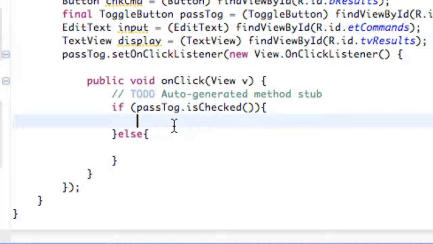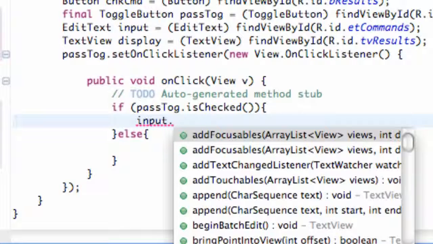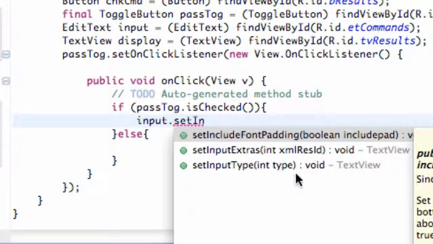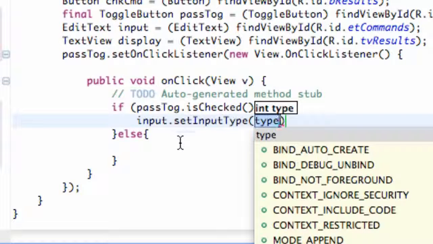Now what we're going to do is use the EditText variable that we set up here, and we have it referenced to our EditText in the XML, and we're going to change that. So we called the EditText input, so we're going to say input, and hit dot, and then we're going to set the input type. Basically, there's the password type in a text view, or a number for the most part. You can make them only be able to put in numbers, stuff like that. So we're going to say the method setInputType, and as you can see it's a text view type for the most part, and within the parameters,